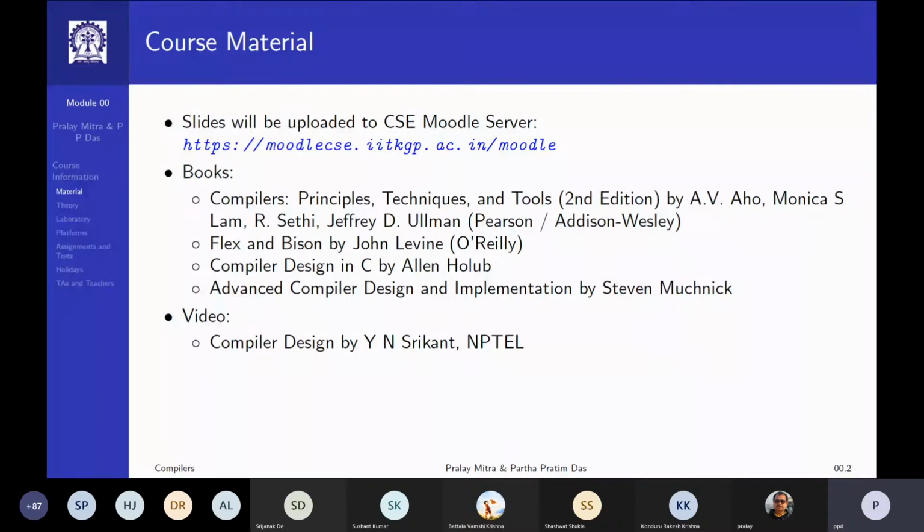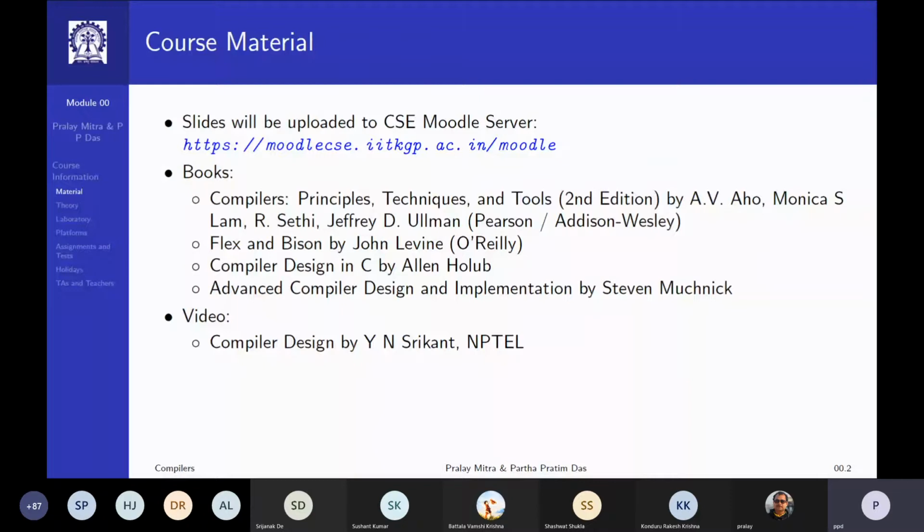Compiler Design in C by Holub is an old book, but it has some very good insight into compiler building in terms of different data structures, different implementation details, and so on.